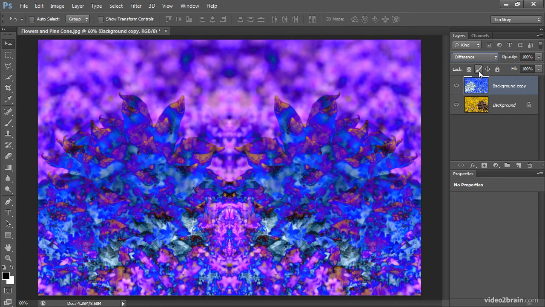The point is that the more difference there is between pixel values, the more interesting the results are likely to be. And so I encourage you to play around with inverting the image, applying adjustments to one of the layers, flipping or otherwise rotating one of the layers, just all sorts of different ways for changing the contents of the layers you're working with, and then experimenting around with different blend modes. I think you'll be surprised at the wide variety of unanticipated results you'll be able to achieve.